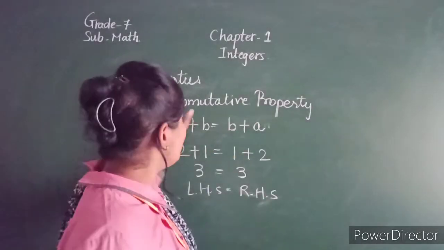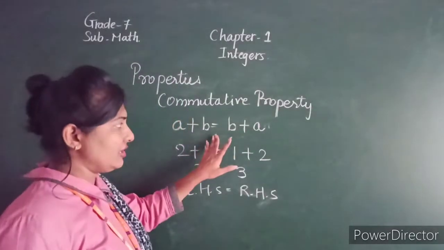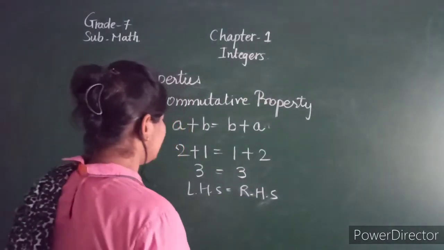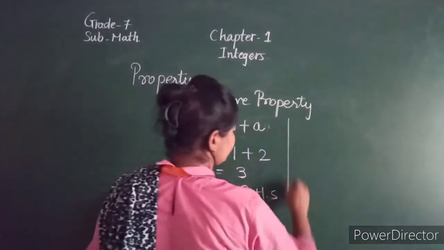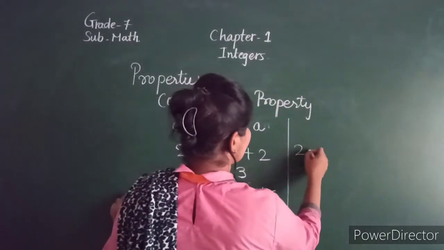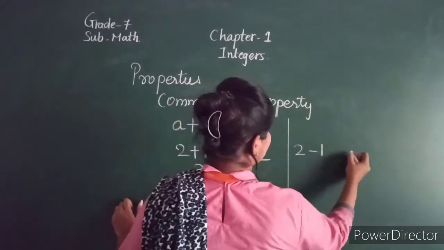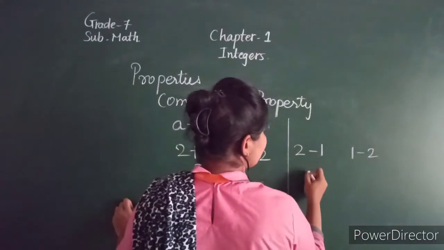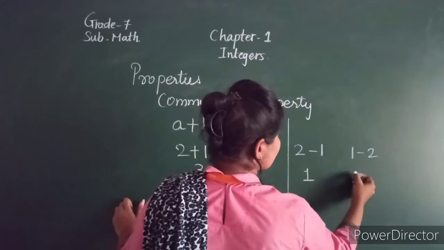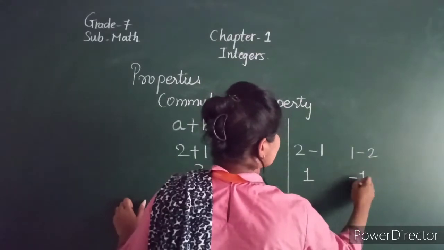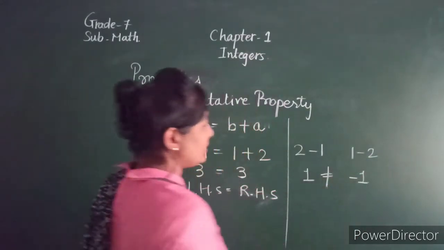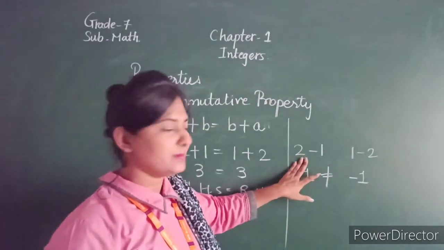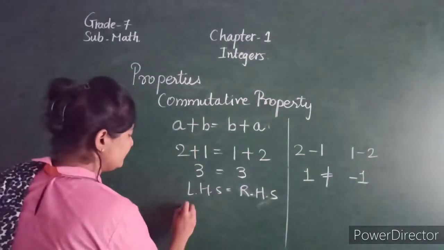So the commutative property holds for addition, but subtraction is not commutative. For example, 2 minus 1 and 1 minus 2. Here 2 minus 1 is 1, and 1 minus 2 is minus 1. So both are not equal. So it is not commutative in subtraction. It is commutative in